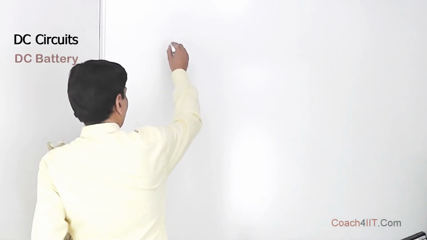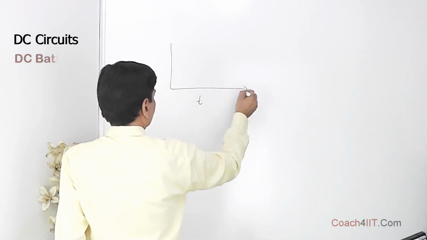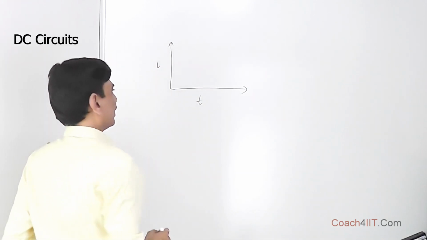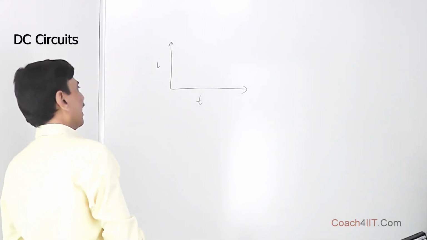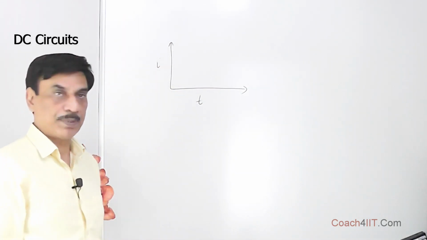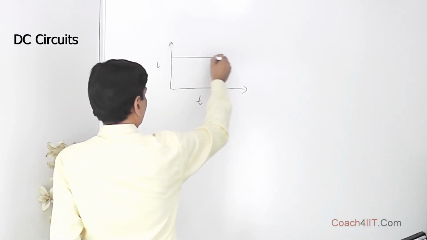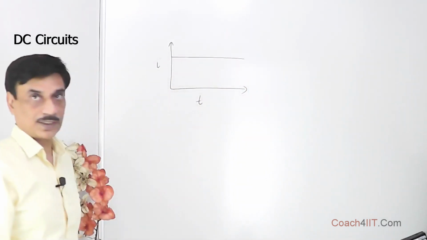When we study simple DC circuits, the first term which we come across is DC, that is direct current. We have two kinds of currents, one is direct current, the other is alternating current. In direct current, if we say this is T on this axis, and over here we are taking current, which is denoted by I, and the unit of current is ampere, so this is a straight line,